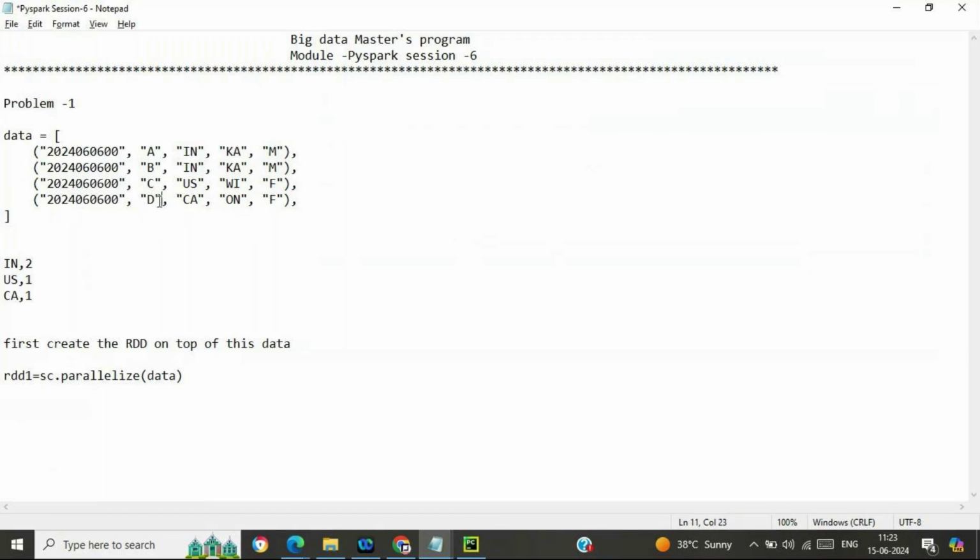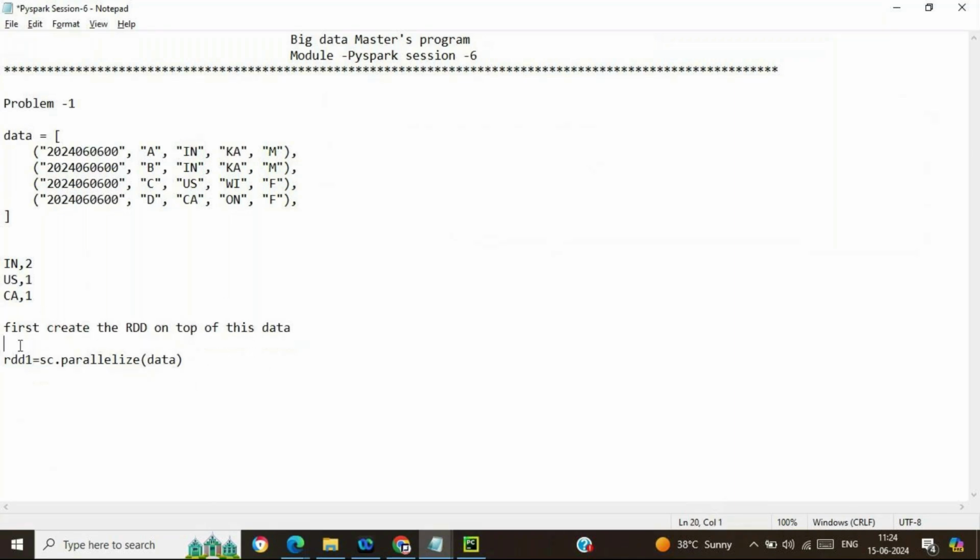So 0, 1, 2, 3, 4 is the indexing for the elements of this RDD. Now, I just want to find out the count of the country. So I need to extract this particular index from the RDD, then map one with that RDD, and then proceed with reduceByKey.